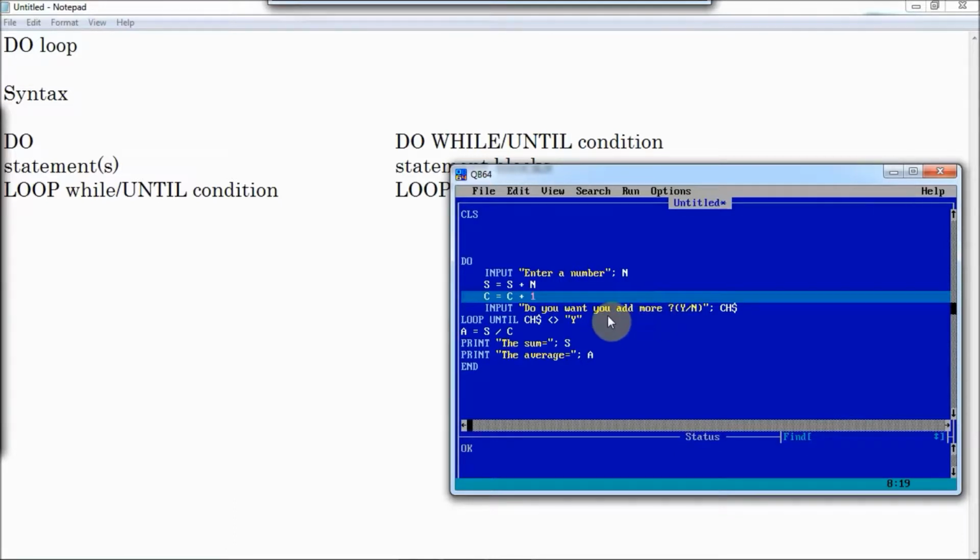That means when you give n, it stops. You may also write do loop until CS$ equals to n. As soon as you give n, it becomes equals to n, it stops. You can give either condition, it doesn't matter.